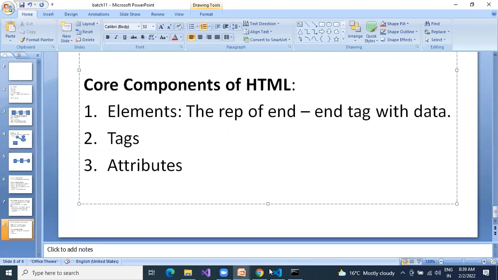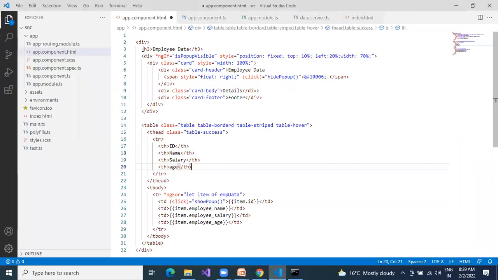It contains the tag and the data. So end-to-end is nothing but your HTML element.